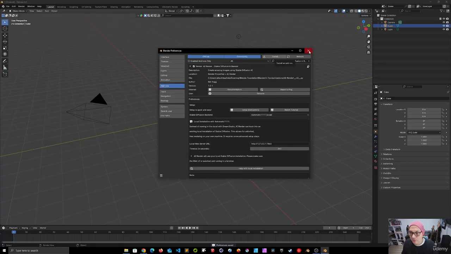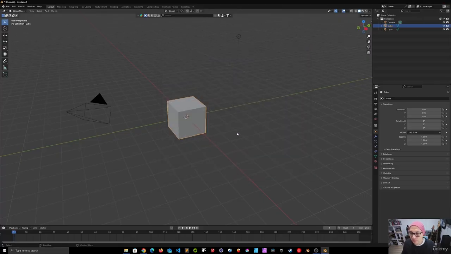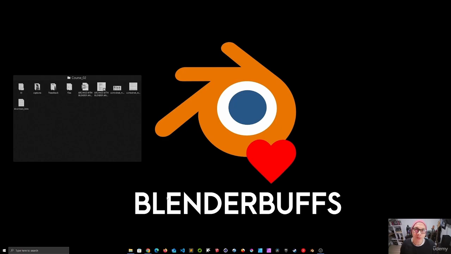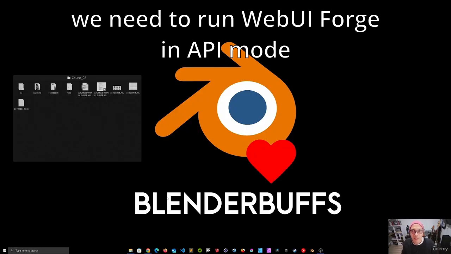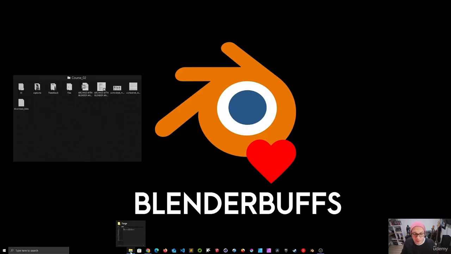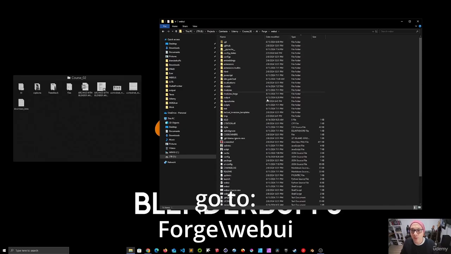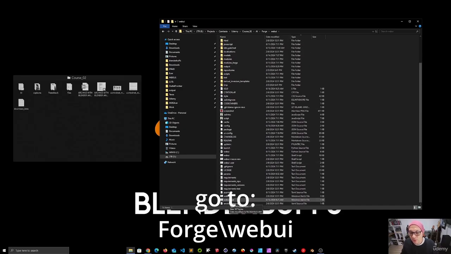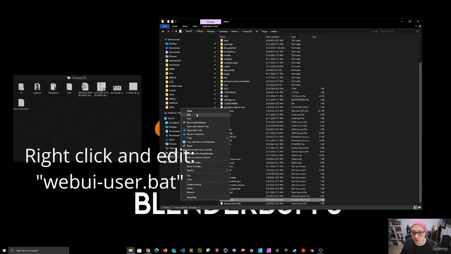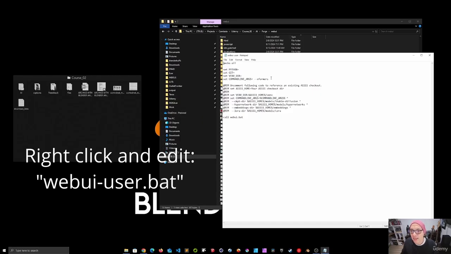So now let's close Blender and don't save the changes. Now we're going to launch WebUI Forge and Blender. But for Blender to connect properly with WebUI Forge, it needs to be running in API mode. So we need to enable that argument. The same way we added the Xformers argument, go to WebUI, scroll down to your WebUI user bat file, right click, edit, and now